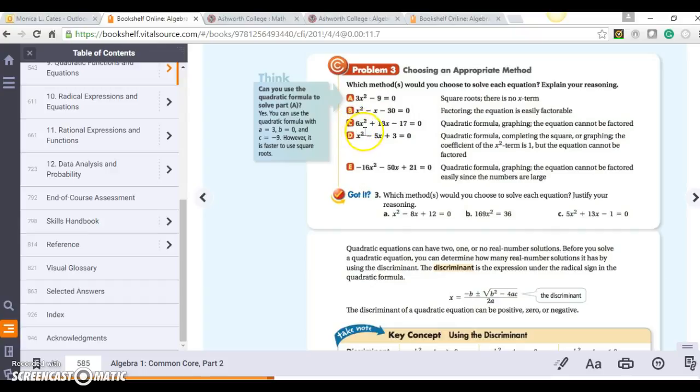For the next one, 6x squared plus 13x minus 17. This one might be a little bit tougher to factor because I have 6 times 17, and I have to find things that add up to 13. So the quadratic formula might be easier to use, or I could graph it using my free graphing calculator at